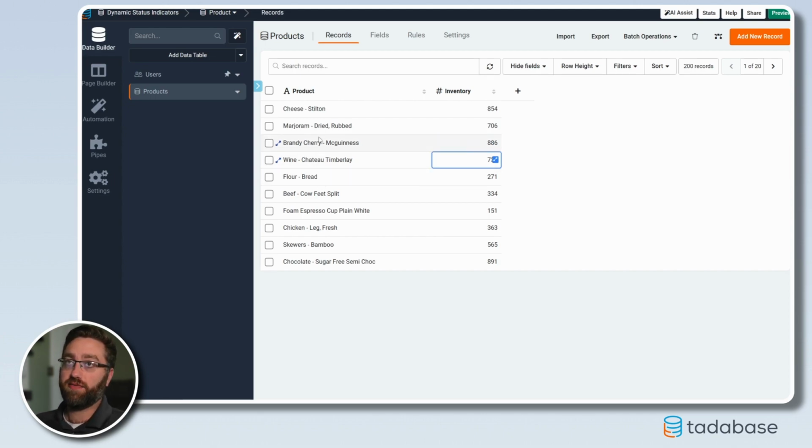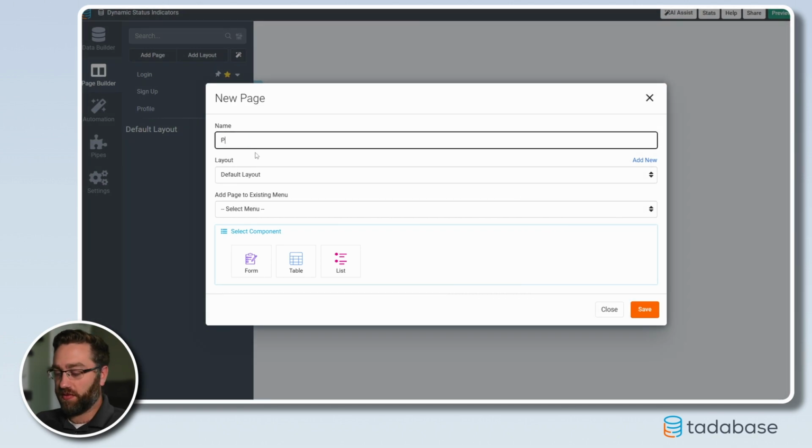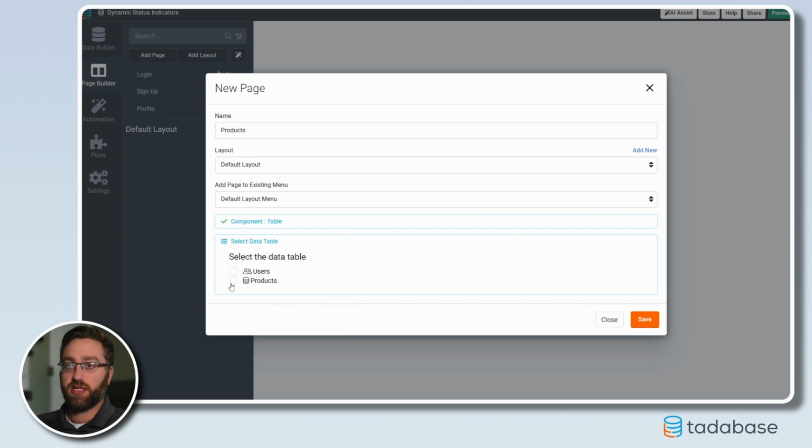So in my case, I have this list of products and a list of current inventory. You can see we must be some sort of food warehouse because we have a lot of inventory here. Now, what I want to do is I'm going to go to my page builder. I'm going to add a new page. We'll call this products, add it to an existing layout and menu, and I'm going to choose a table component